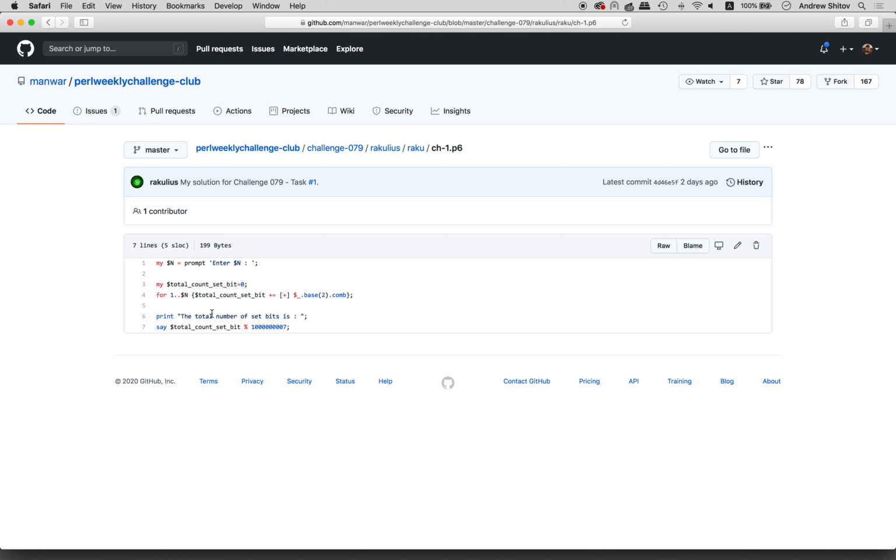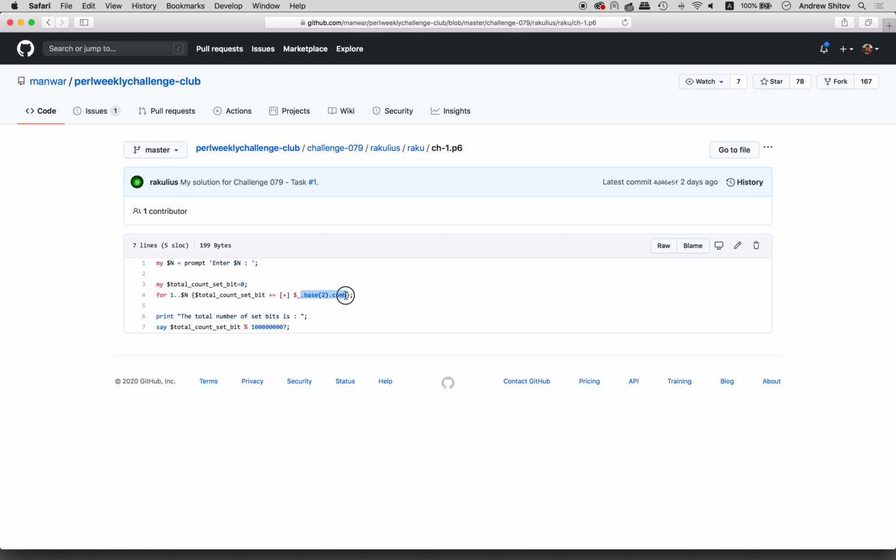We're reading the number; prompt is a good thing, it returns a string, and we are going to count the bits. How do we do that? We organize the loop, and inside the loop body, we increment the counter and count. We add up using the reduction operator with a plus all the characters, which will be implicitly converted to numbers. So we have this binary representation,